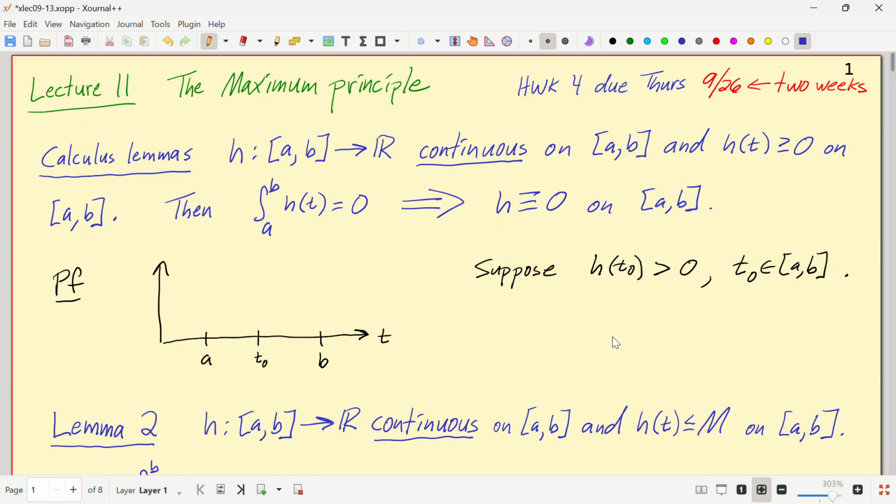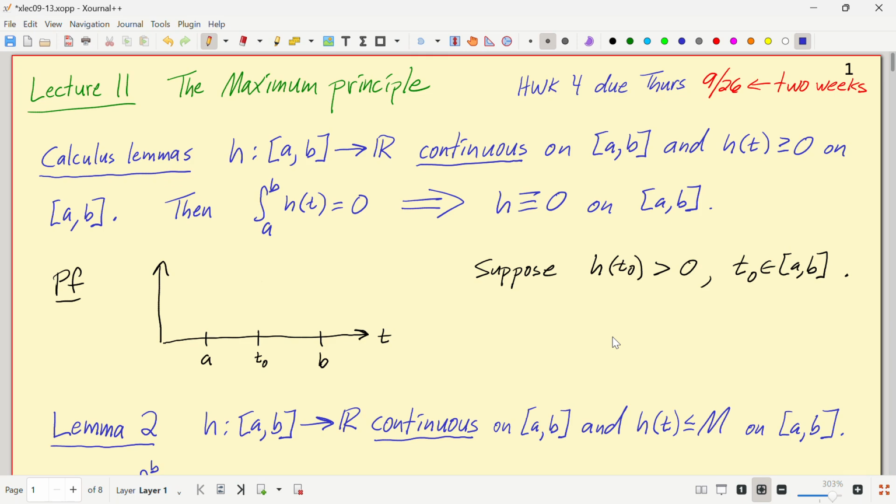Well, today's an exciting moment because I'm going to demonstrate the maximum modulus principle for analytic functions, which is a unique property that they have. You could use it to prove the fundamental theorem of algebra, for example, and that's one of the problems in homework 4, which is now up.